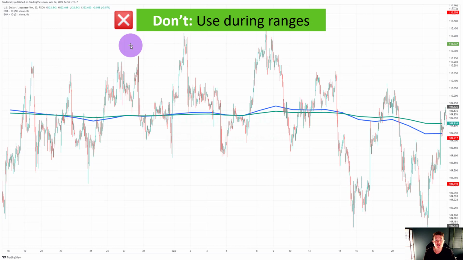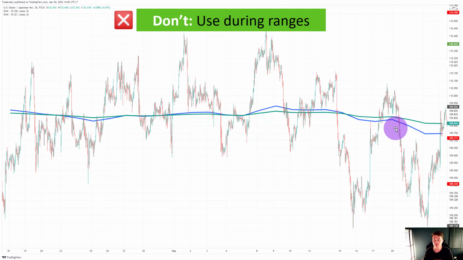Now we're coming to what you shouldn't be doing with moving averages. And most importantly is that you don't use them during ranges. So moving averages, as I said a few times, are perfect for trend trading, momentum trading, pullback trading, but they just don't work as well during range markets. They may still work as support and resistance tools, as I've shown you, but you don't want to use them for trend finding, momentum riding, because what will generally happen is that in a range market, when the market is going sideways, just think about it, the market is going sideways in a rectangle, and the moving average,